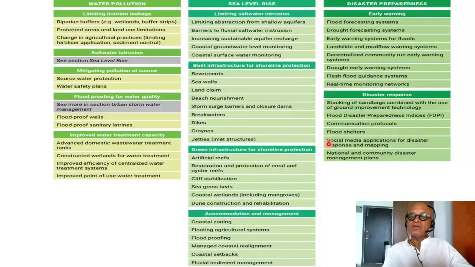But there are other investments needed in flood shelters and social media application for disaster response and mapping, national and community disaster management plans. So crowdsourcing of information for floods is very useful now, being done in many places where Twitter, now called X, and other media comments from people are used to track floods